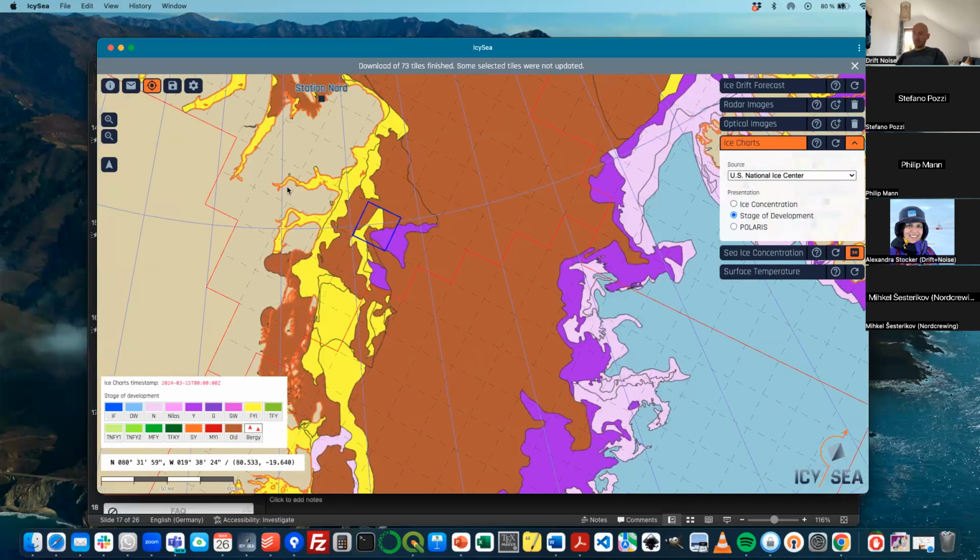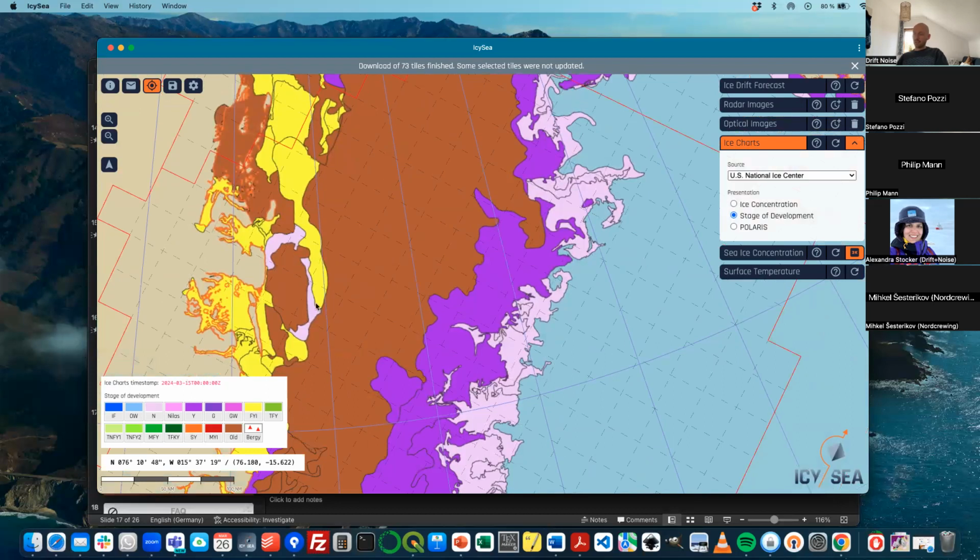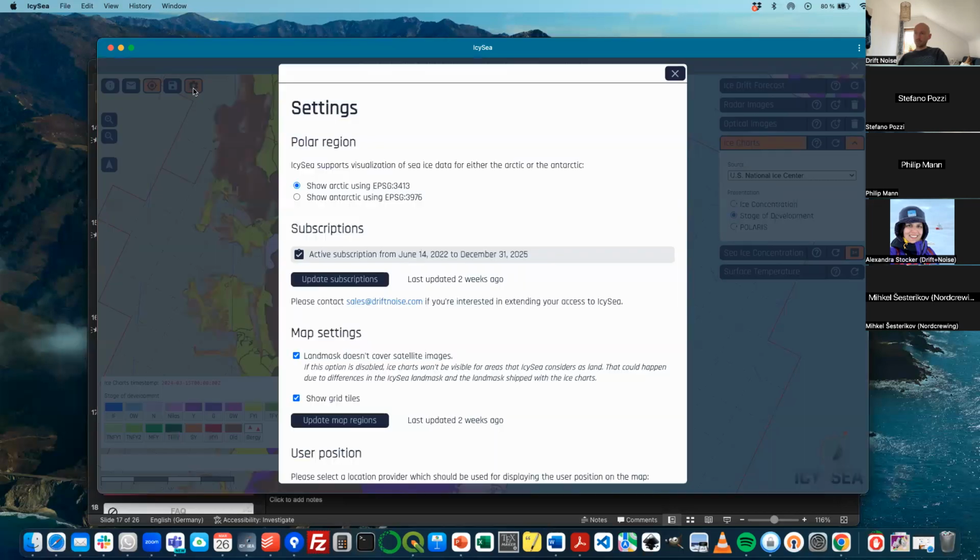And that's, I think, one of the most important things, especially when it comes to the polar code, is that you're able to look at the Polaris risk index based on those ice charts in IcySea. So what we did here is we get all the information, sea ice concentration and stage of development, and we calculate with the official equation from the WMO the Polaris risk index for this area. And as you know, this is dependent also on what kind of ship you're operating. So you now get to sort of customize IcySea,